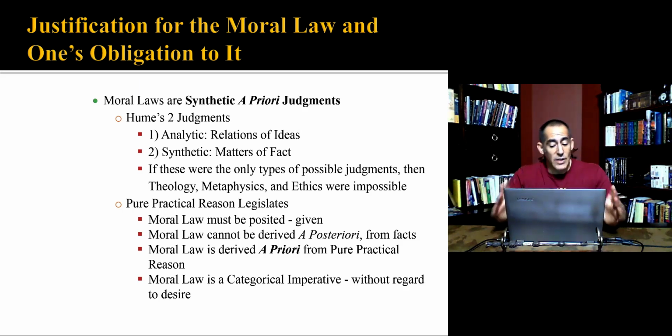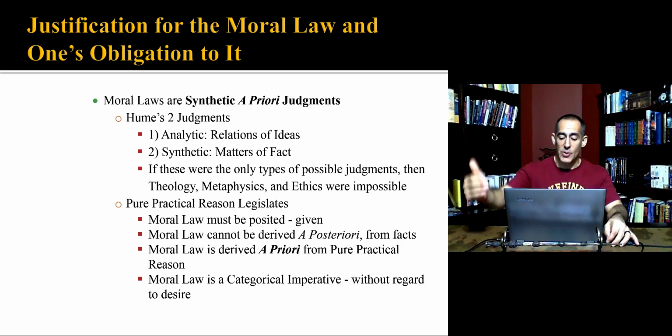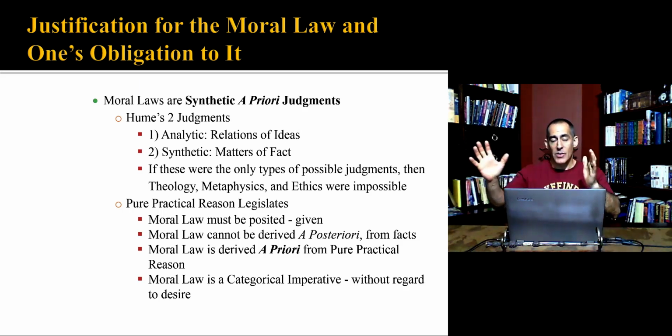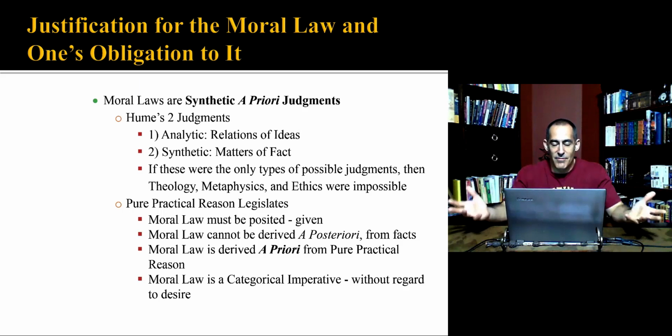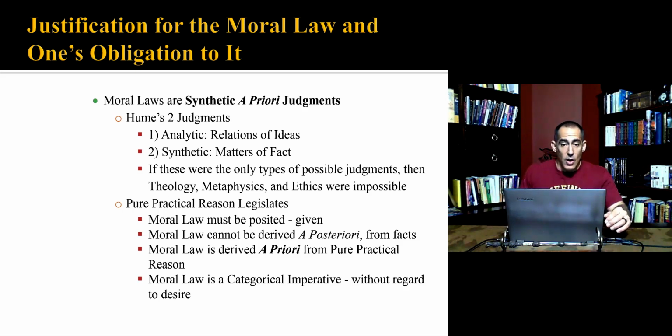Now, pure practical reason, we said, legislates. And as these laws have to be posited or put out there, they're not coming from our experience. They're not a posteriori. Right? We're positing them actually a priori, positing them before experience, from our pure practical reason. Since I have to divorce them from desires, I don't need to look at the empirical data. I don't need to look at a posteriori things, right? I do this prior to experience. And that's why we could generate laws that have no regard to desire whatsoever.